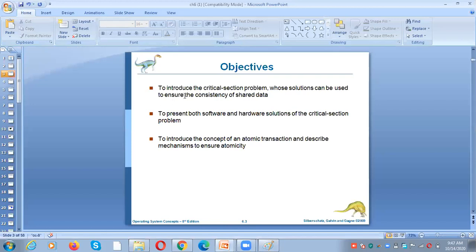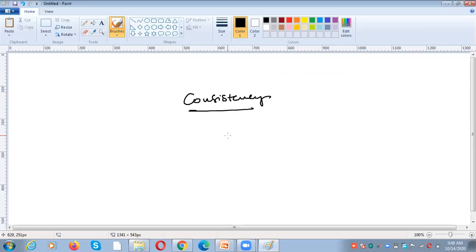That is the objective of process synchronization. So that is called the critical section problem. To introduce the critical section problem, whose solution can be used to ensure the consistency of shared data. So what is the critical section? Whenever there is something you want to share, that will be kept in a region called the critical section.